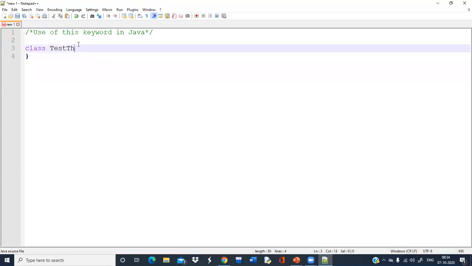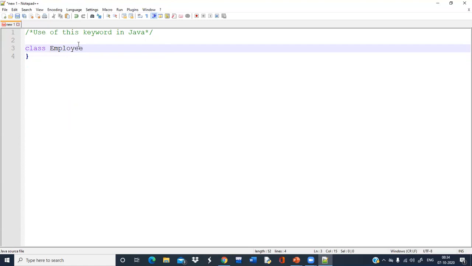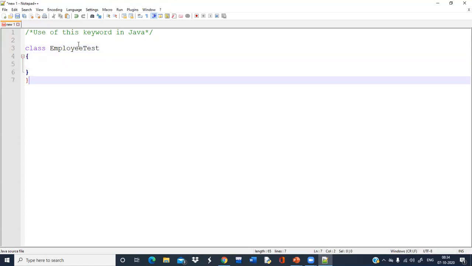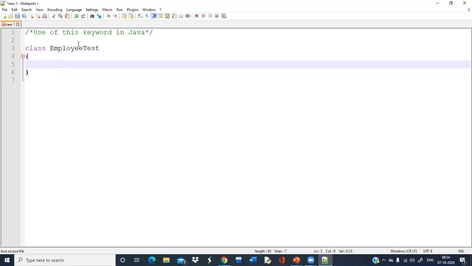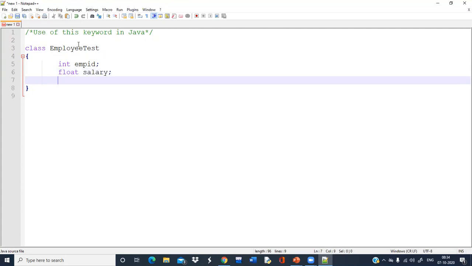Let's give better names. Here we are providing emp id as the employee ID, float salary, and then the name of the employee.